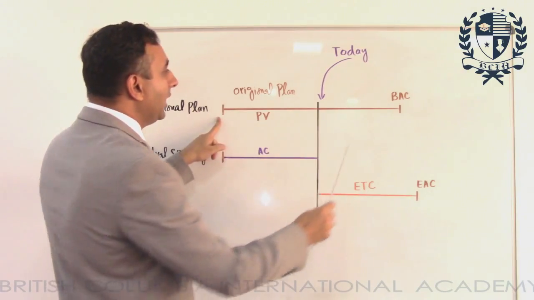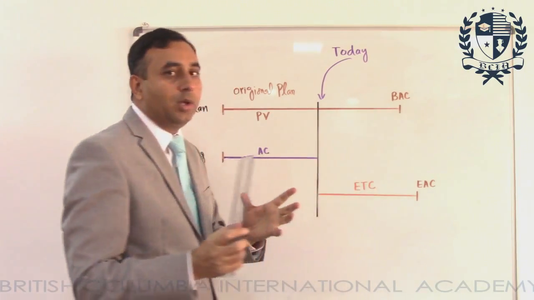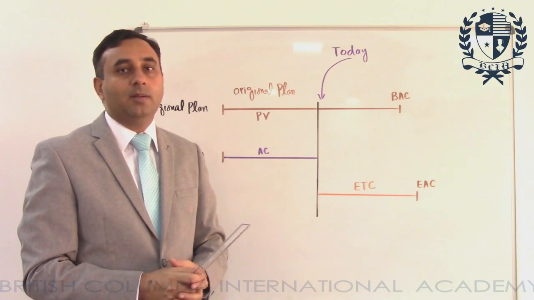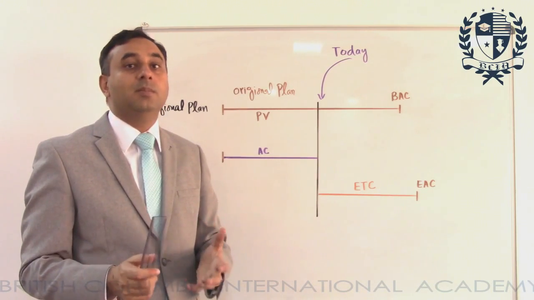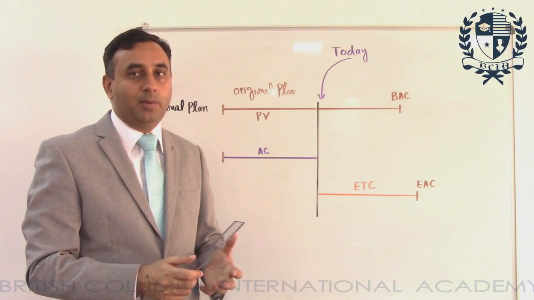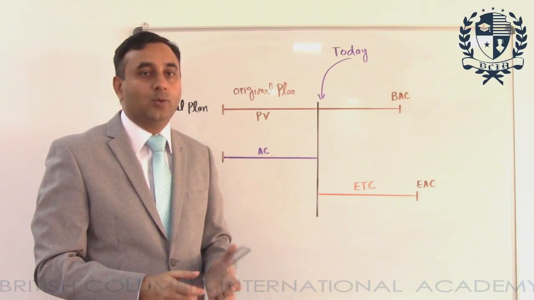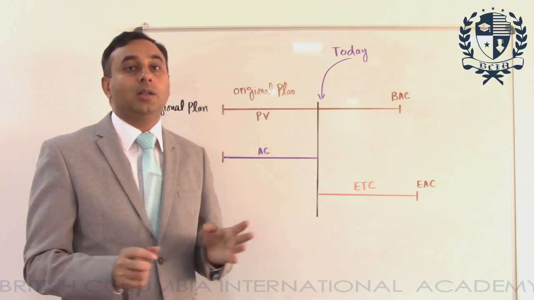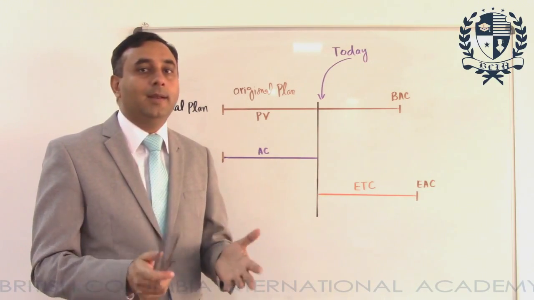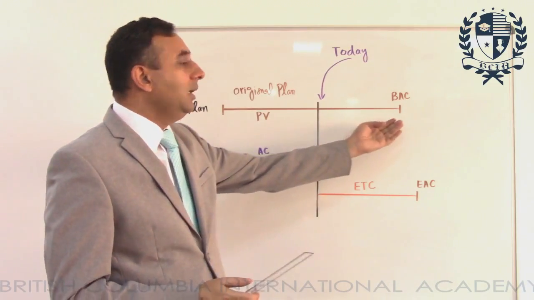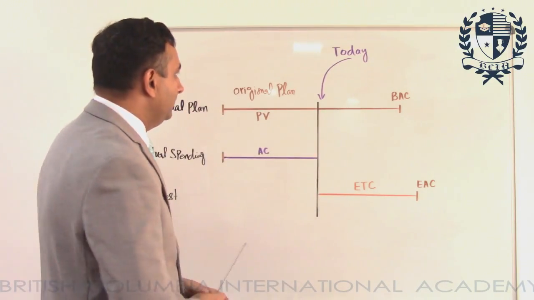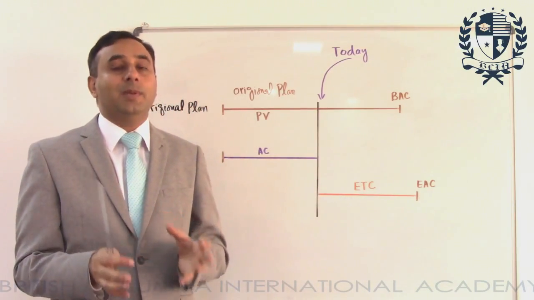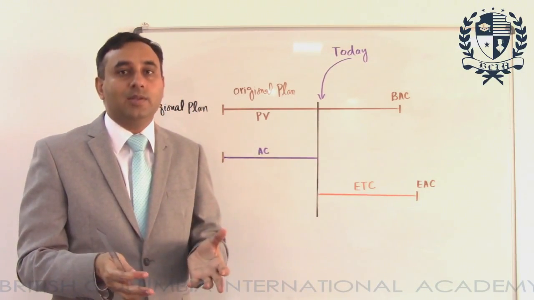From this point up to this point, this whole amount or cost which will be spent is our budgeted cost. This is the budget we have kept for our project to complete each and everything inside the project, and all the scope which we are supposed to deliver will be completed within the budget at completion. This line shows today's date or any specific date,